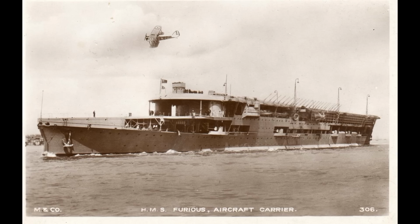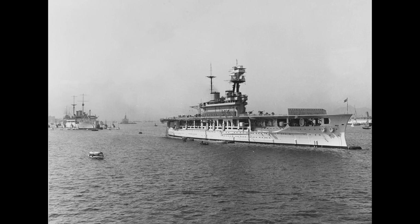Luckily for all concerned, trials on HMS Furious found that pilots tended to turn to port during an aborted landing, and someone realised that perhaps asking landing pilots to fly through a steel tunnel was a bad idea, and so the port island, and with it the flying bridge structure, was eliminated. Instead, many of these features would be incorporated into a larger single starboard island, which now had the bridge and the funnels built in, but also a rather significant tripod mast that was there to carry the fire control equipment